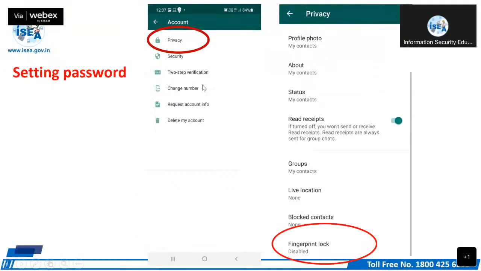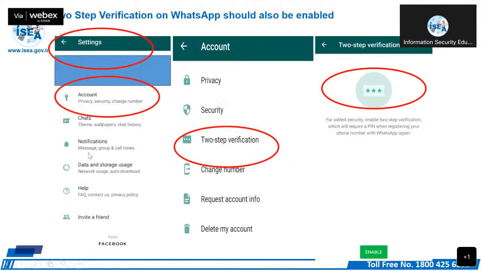So these are the privacy options, and under privacy there is an option called fingerprint lock also, but I won't suggest that. I will suggest something else. Under the account, you have seen privacy, security, and two-step verification. If you want to lock your WhatsApp, you can enable this two-step verification.